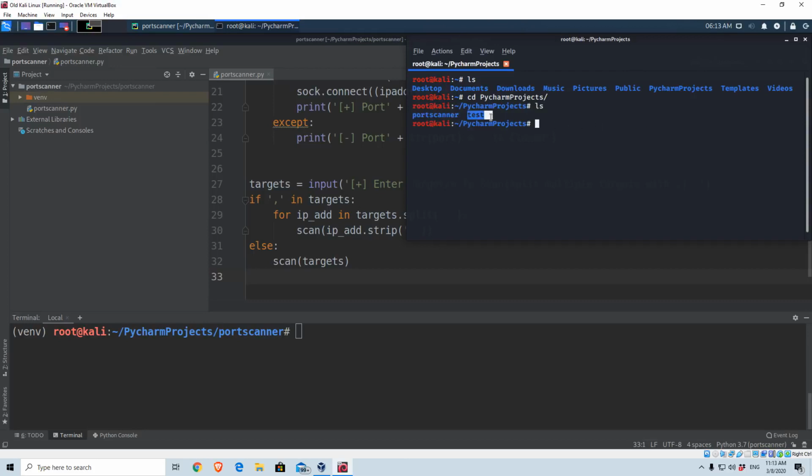We have the test directory, which we created once we installed the PyCharm, and we have our port scanner directory, or our port scanner project. So let's change the directory to the port scanner, type ls once again, and here is our port scanner.py. I will clear the screen and I will run the program. First of all, let's try it with one target. So let's switch it up a little bit. I will use my actual router IP address in order to perform the test of this program. So I will type